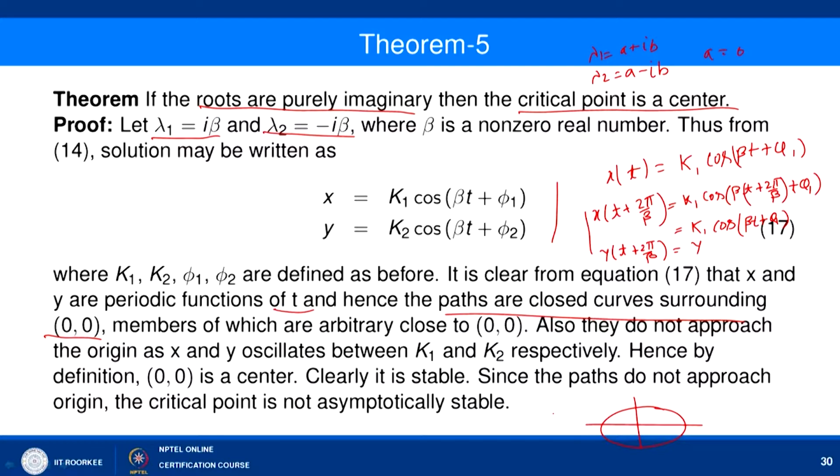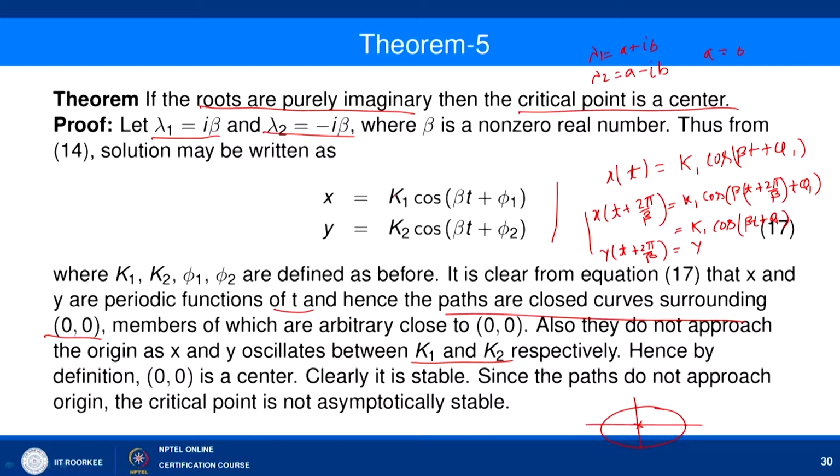Now, members of which are arbitrarily close to 0 comma 0, that will depend on the values k 1 and k 2 here. So, also they do not approach the origin as x and y oscillate between k 1 and k 2. So, it means that though they will be very near to the origin depending on k 1 and k 2, if k 1 and k 2 are very small, then they are very near to origin 0 comma 0,